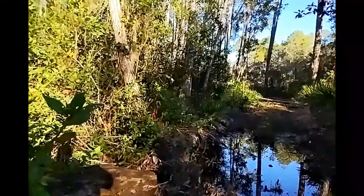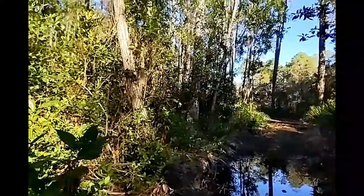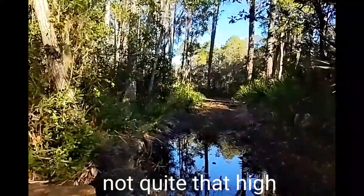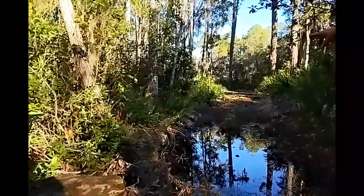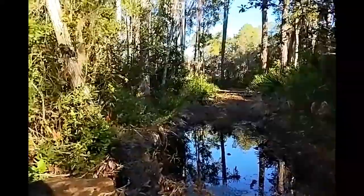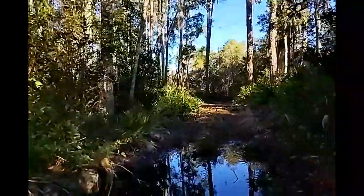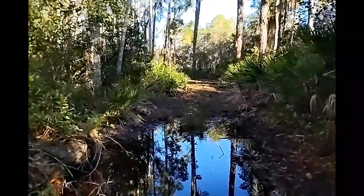See now, if I stood at the deepest part in the wet season, it'd probably be up to my belt easy. And I don't see the water line on these trees, so them tree roots right there, that big, it'll probably go 4 inches higher than that. On the high side, when the lake's high. Watch out now. It's different, I ain't got it packed yet. It's different year to year, but